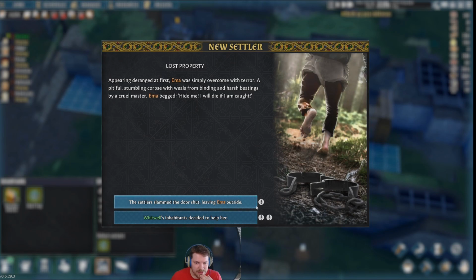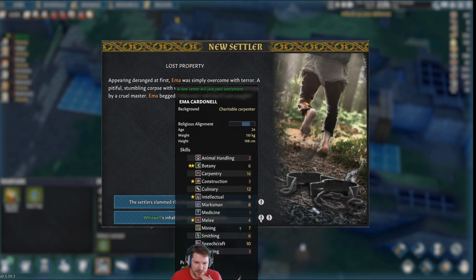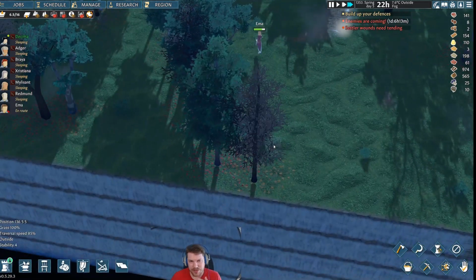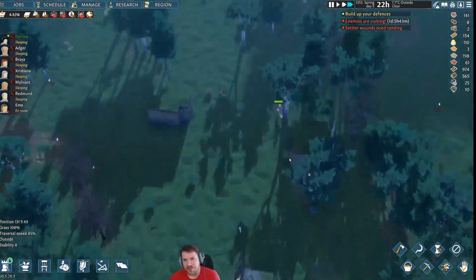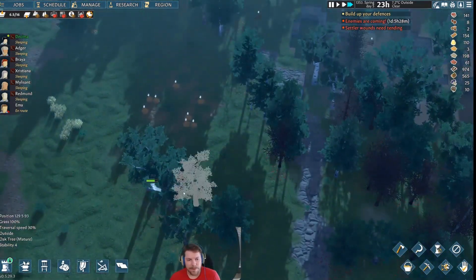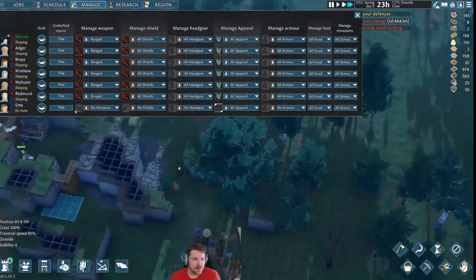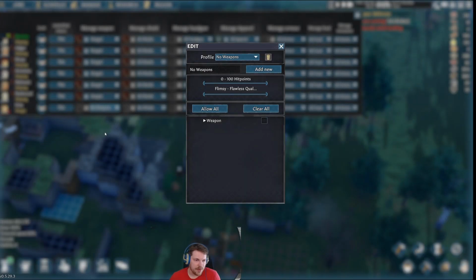Oh, this is a good time. Basically, you can look at the little modifiers here to see if you want this person or not. Generally, you want to take everyone you can get, so let's help her out. She's not going to be very happy, though. So now that you've got a new person here, we can see that they need to get set up. So we'll just say we want...